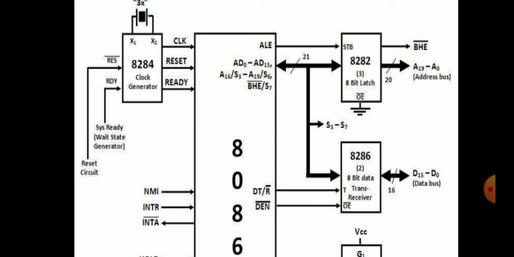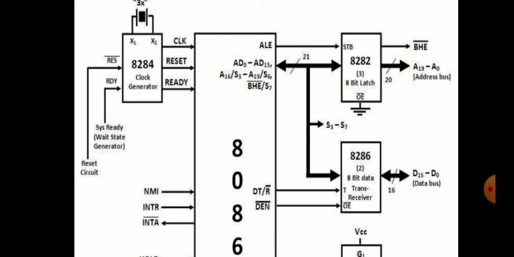This transceiver enables data transfer from the processor to memory or output device, or data read operation by the processor from memory or input device. 8086 is connected to the transceiver through DT/R bar, AD0 to AD15 along with A16/S3 to A19/S6 multiplexed lines, and DEN bar signal.